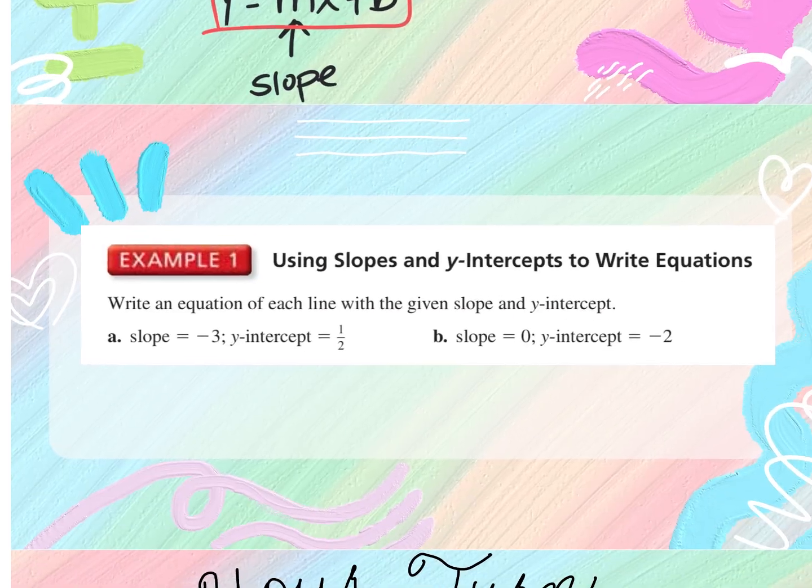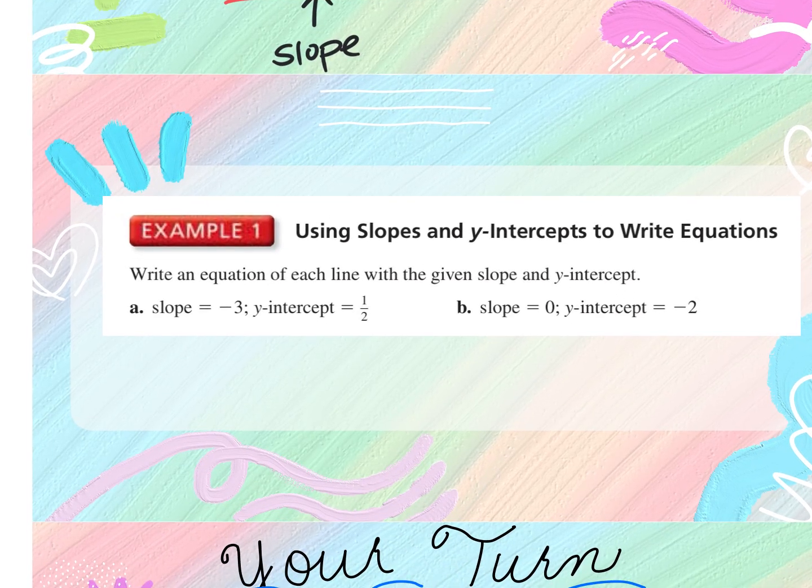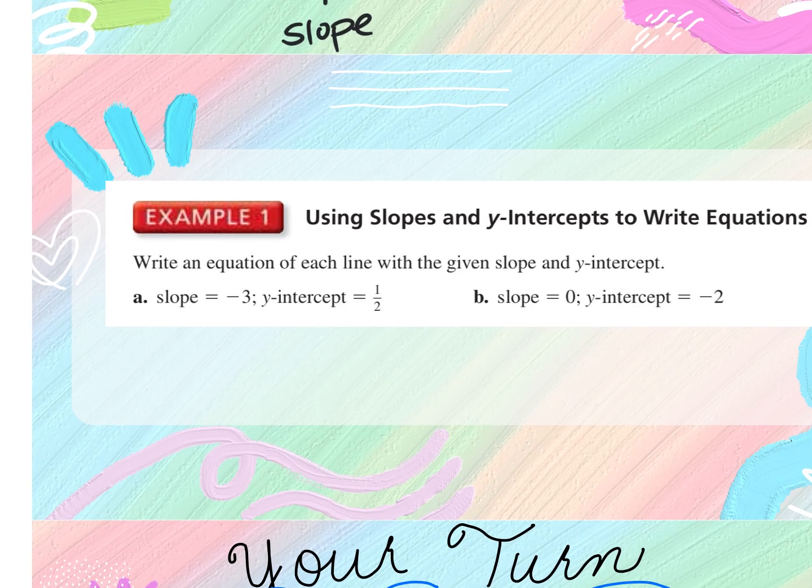All right. So we're going to go to the really easy questions first. If I give you the slope and I give you the y-intercept, I tell you the slope is a number and the y-intercept is a number, you have all the information you need to write an equation in slope-intercept form. So for example, if you look at example A, it says the slope is what? -3. Oops. And the y-intercept is